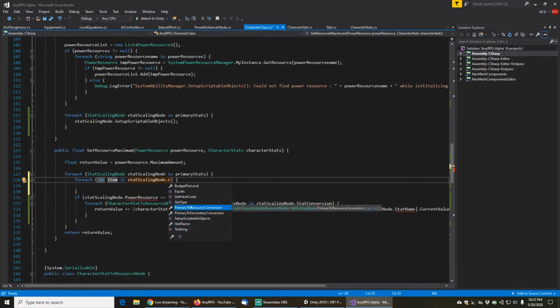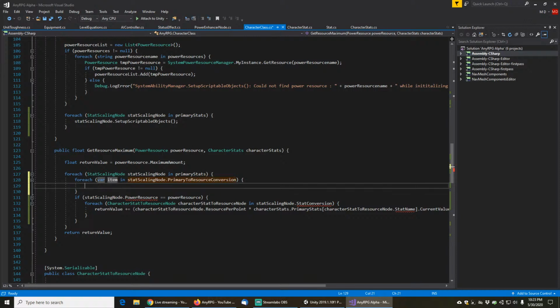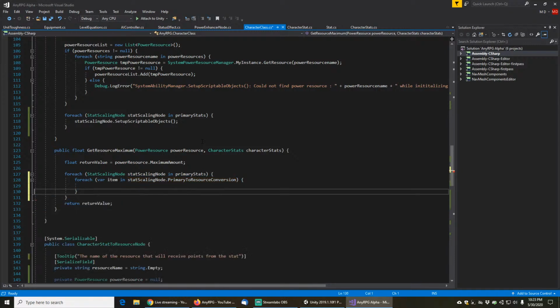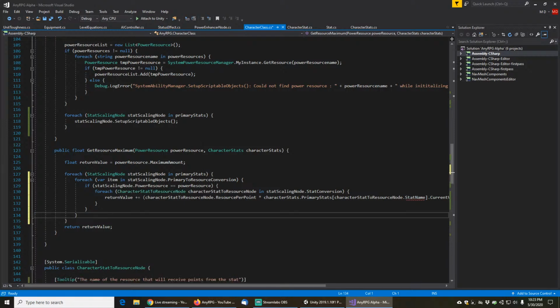We want the primary to resource conversions, and then we can move that block of code inside the for each loop, and if,